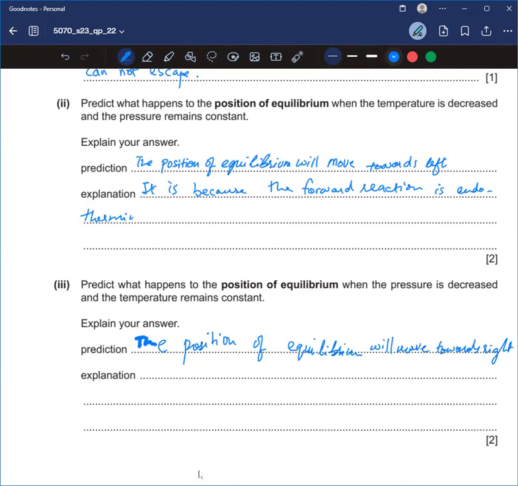And the explanation would be it is because there are